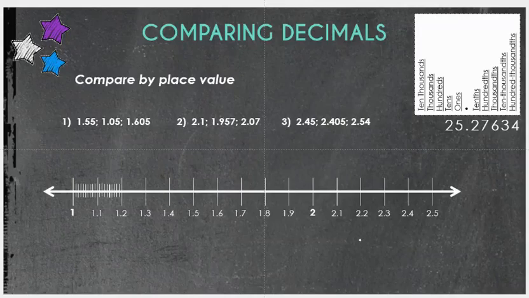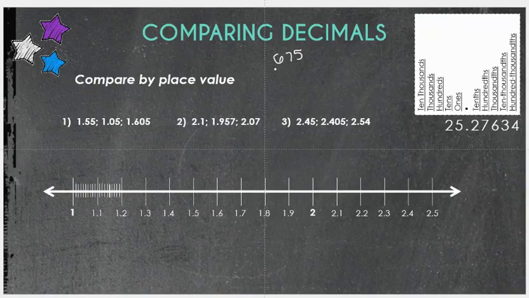Okay, let's look at comparing decimals. I left our chart up here to show the place values as well as the names of those place values with the example underneath. I don't know that we'll need it, but it's there. So comparing by place value, just as we compare with whole numbers,